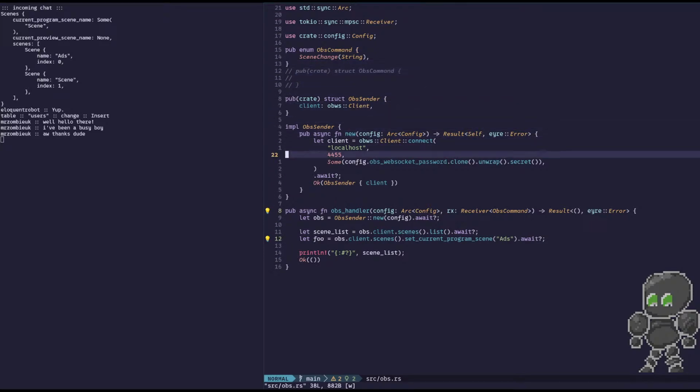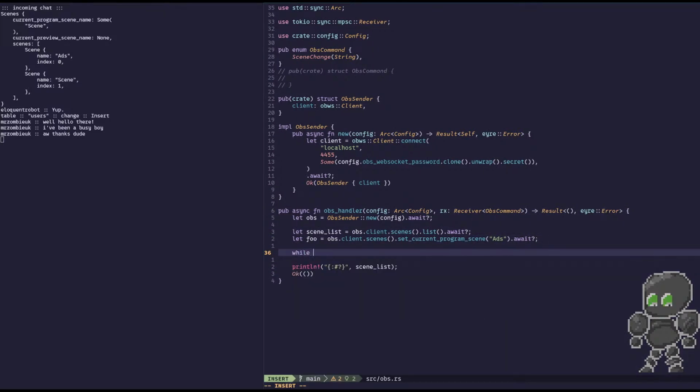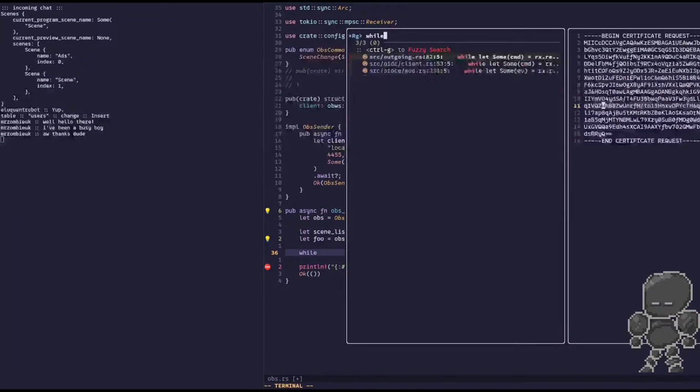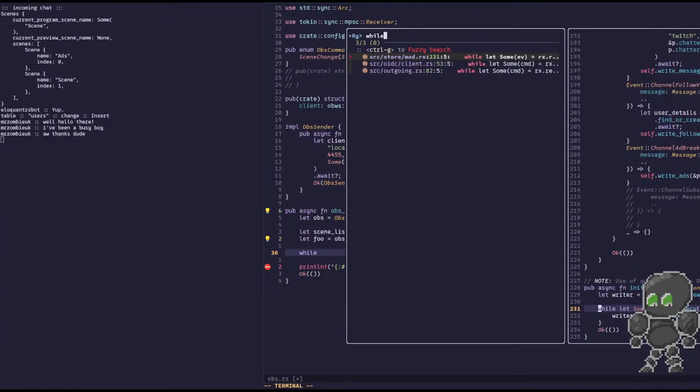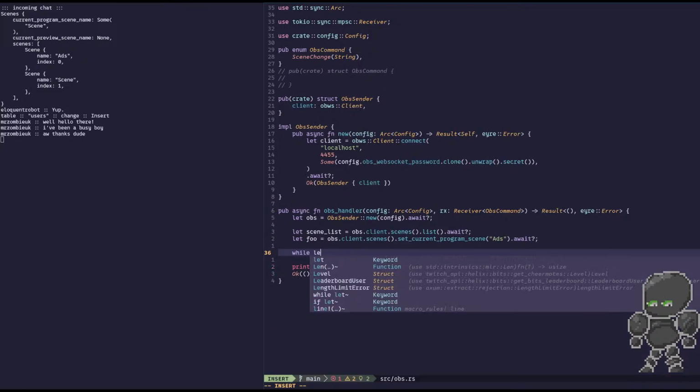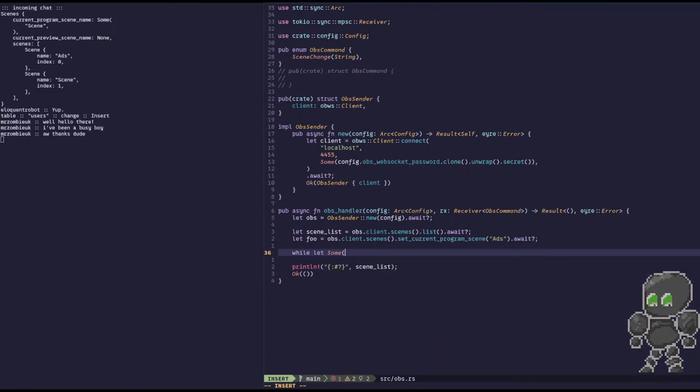So then we could go, yeah, so the receiver could be an OBS command, and then we just listen. I need to find the other instance of that. Yeah, while let Some equals receive. Command equals